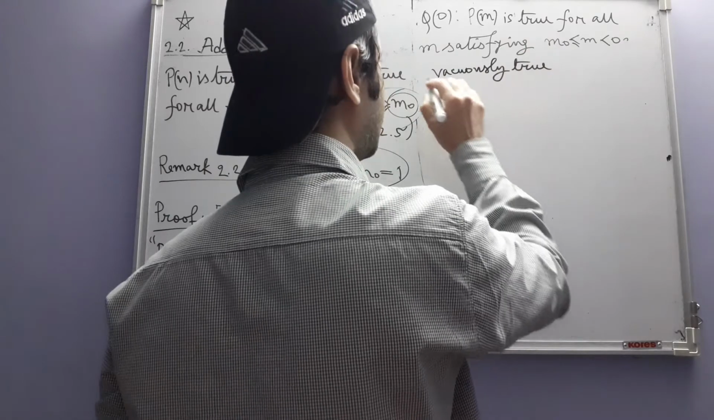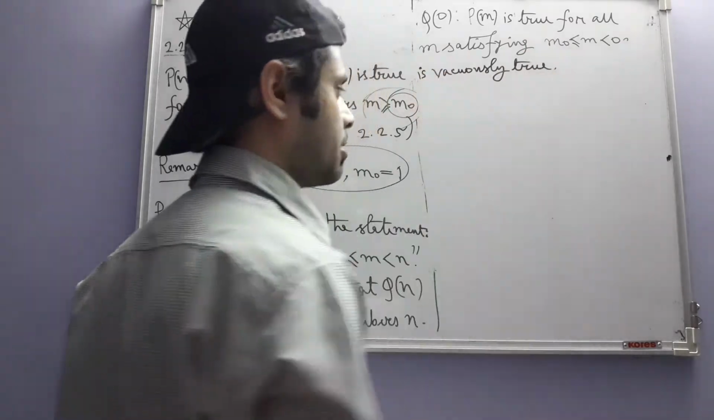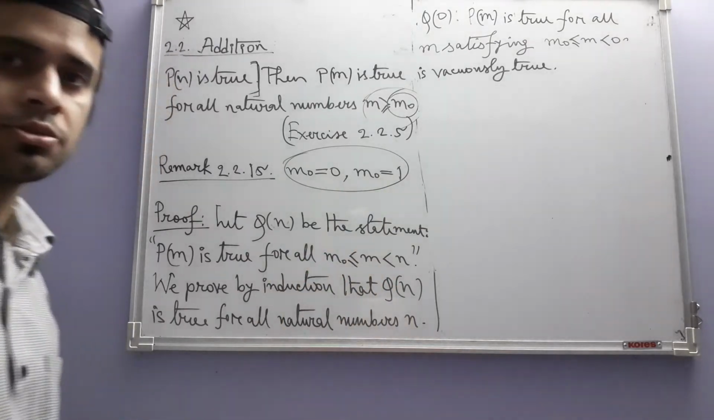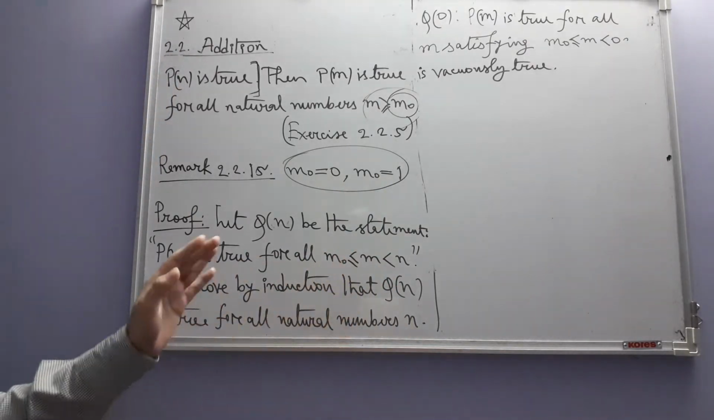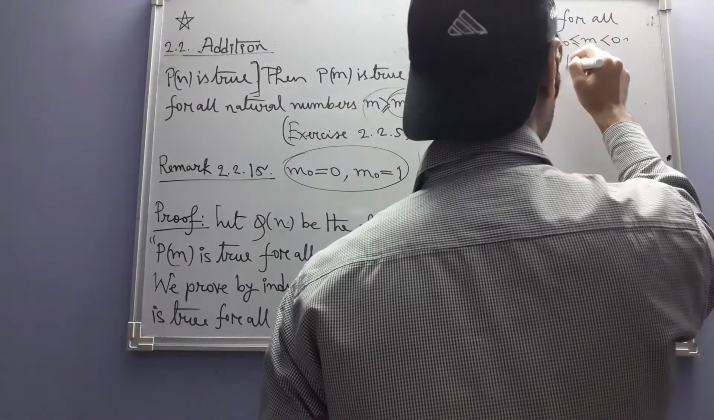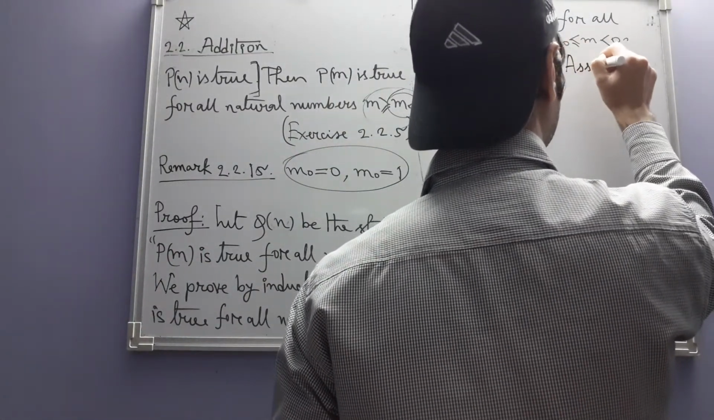So Q of 0 is vacuously true. So that means Q is true for n equal to 0. So the basis of my ordinary induction is ready. I have this. Now assume